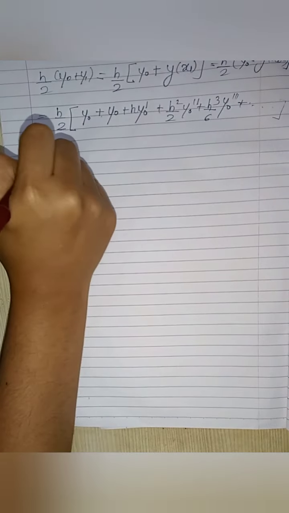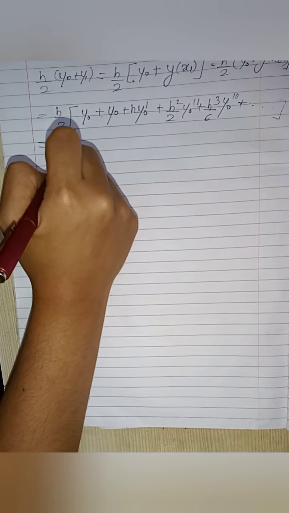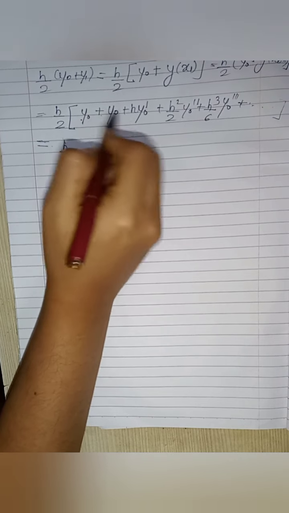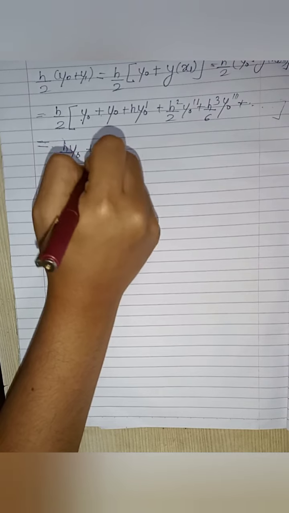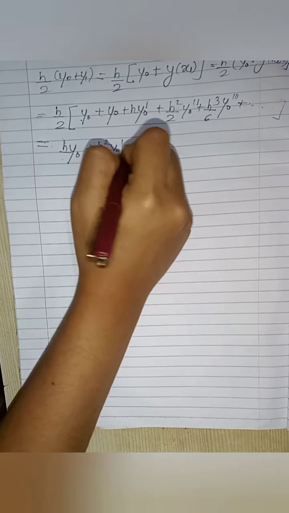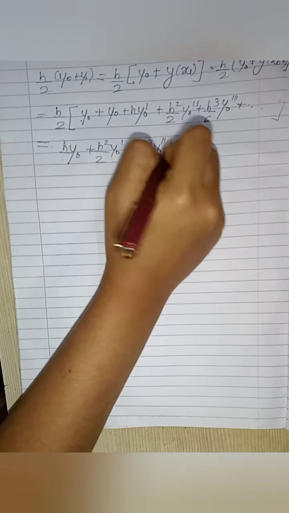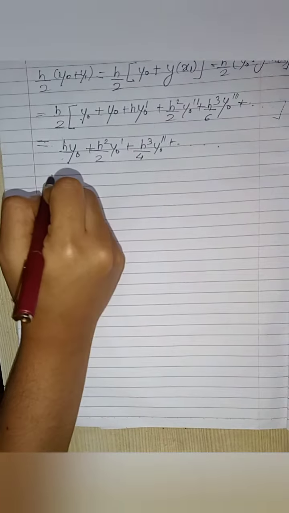So this will be nothing but h upon 2. So this y0 and again this y0, so 2 y0, so this is just h y0 plus h square by 2 y0 dash plus h cube upon 4 y0 double dash plus up to so on. So now error is nothing but